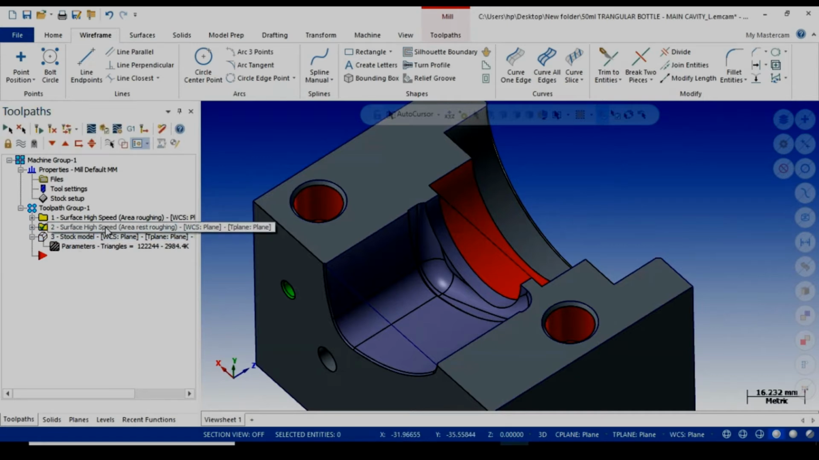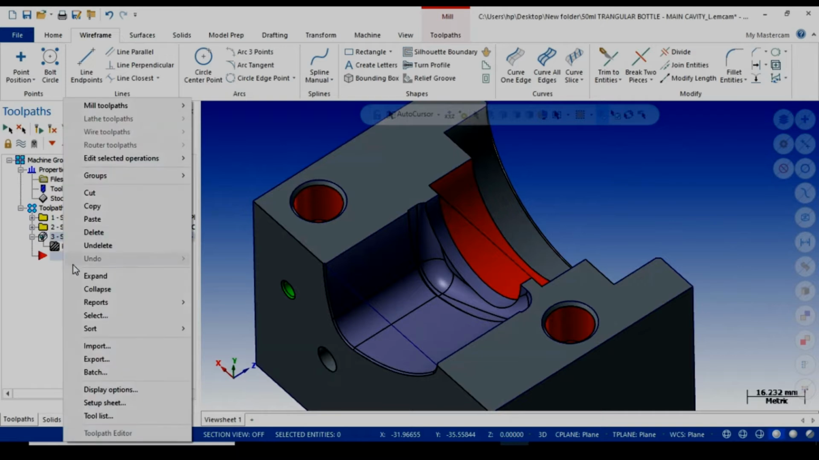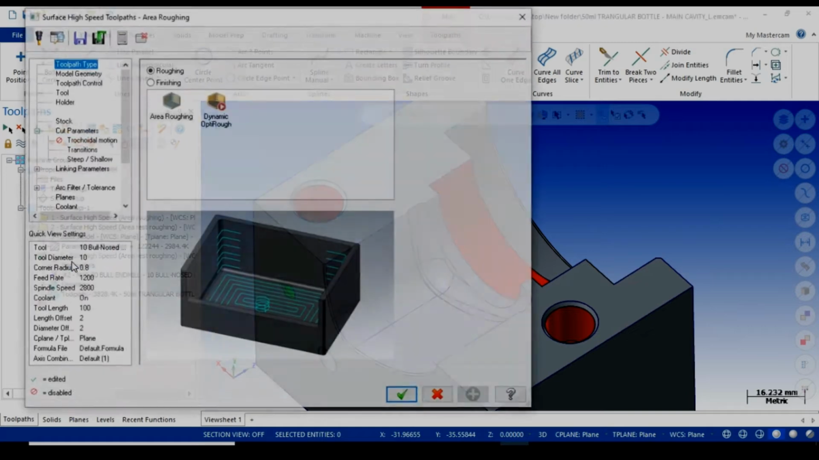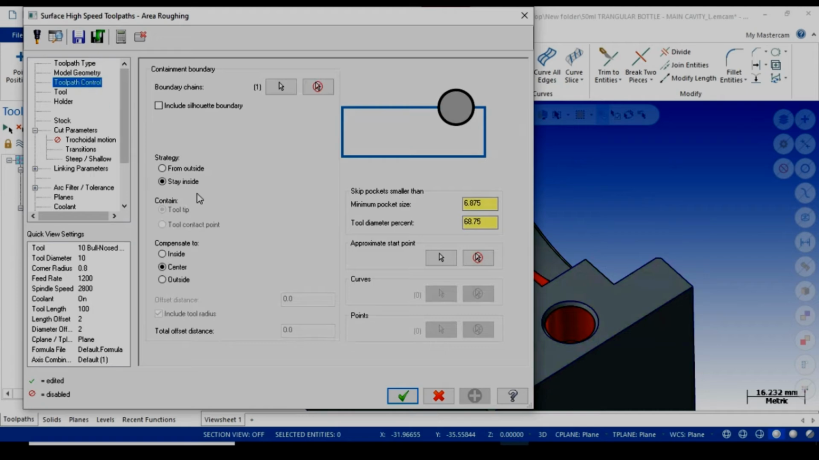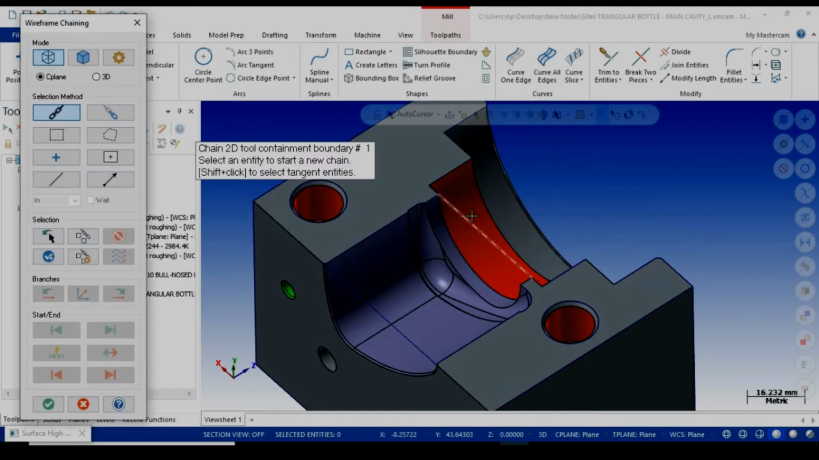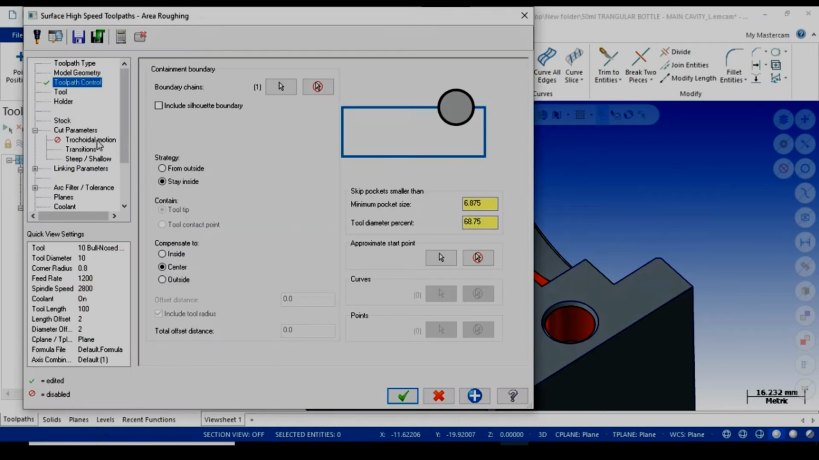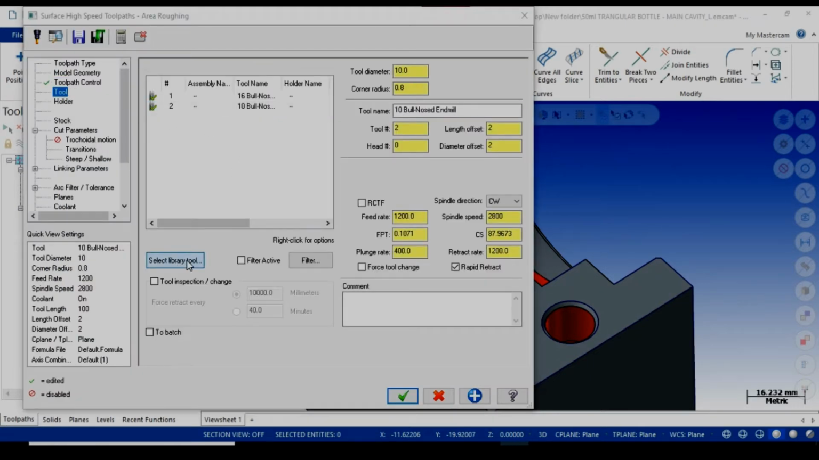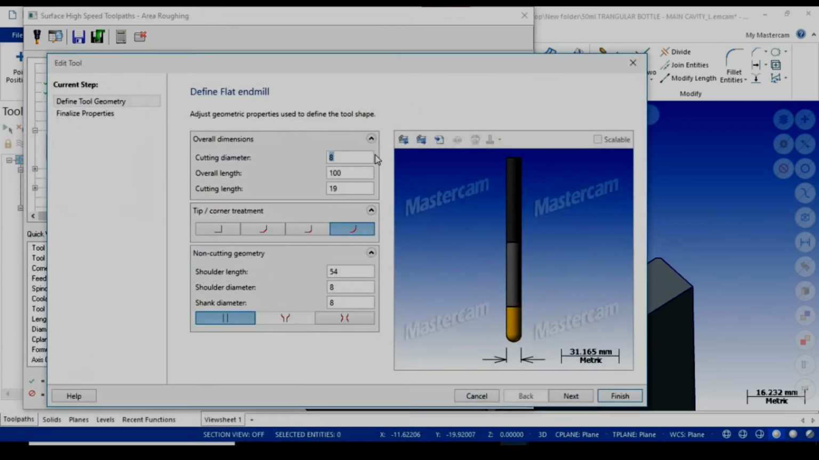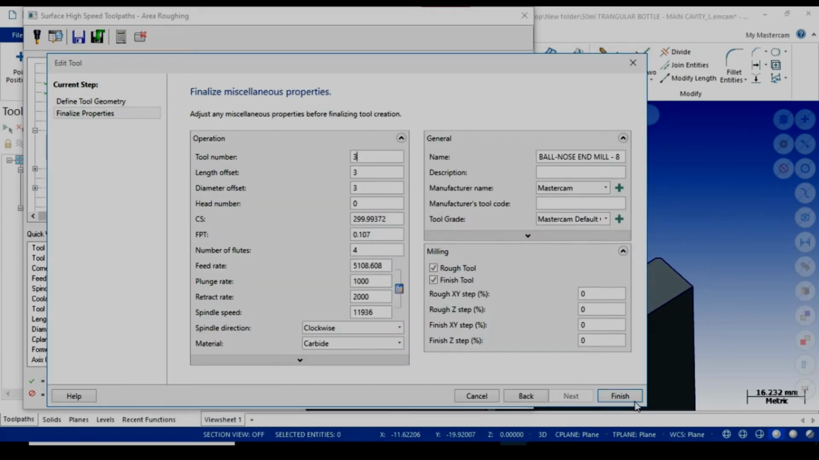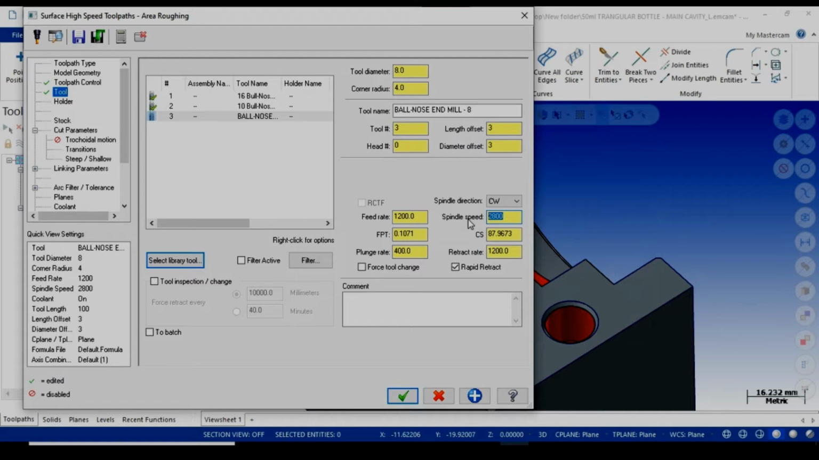Same operation I am copying here for the rest machining of the cavity. Need to change the boundary. This is the boundary I have selected here. Go to the tool. This time I will use a ball 8 mm cutter to remove the rest material. Tool number is 3. The purpose is using this 8 mm cutter that